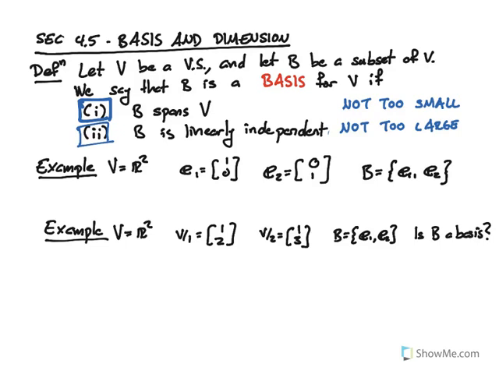So let's start with a very basic example. We have our standard vector space R2. Here we have the plane, and then you have our two basic vectors, E1 and E2. And together they form a basis. This we're going to define as the standard basis in a little bit. So let's just verify this. This is trivial, but let's do it just to make sure we get the concept. So if you pick an arbitrary x